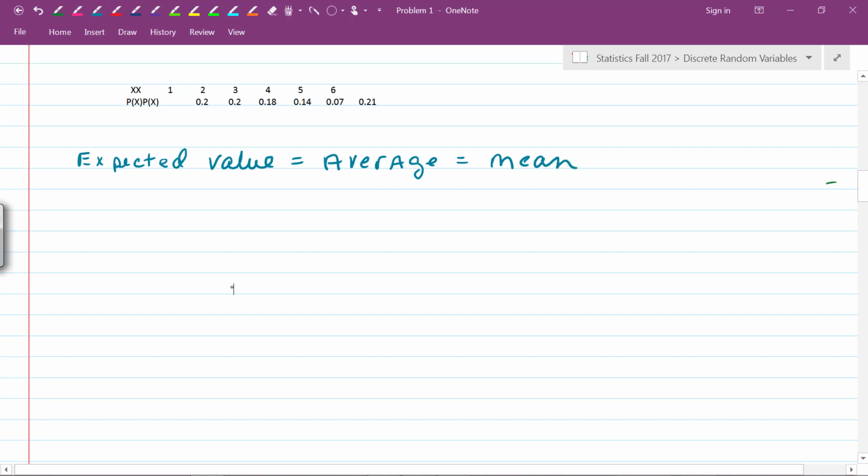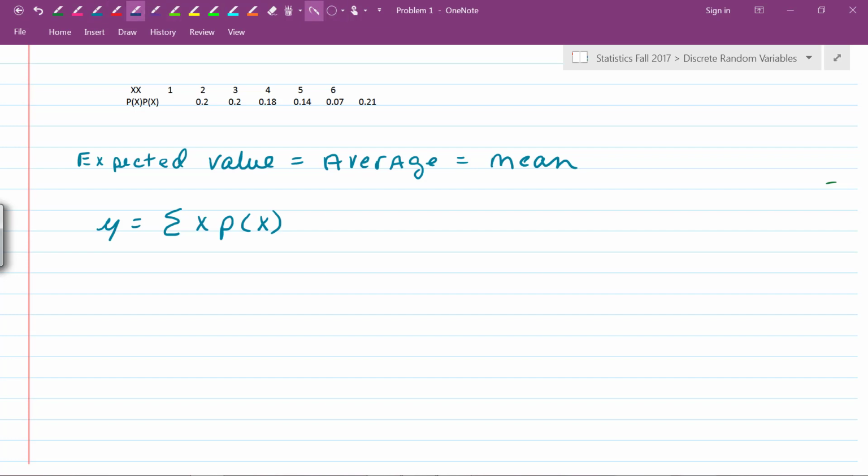So our formula for the expected value, mu, is going to be equal to the summation of x times p of x. So that means we are literally going to be taking